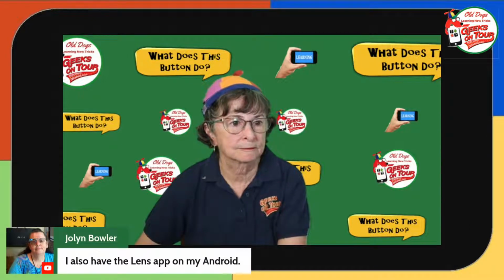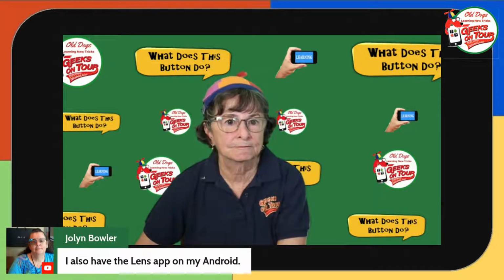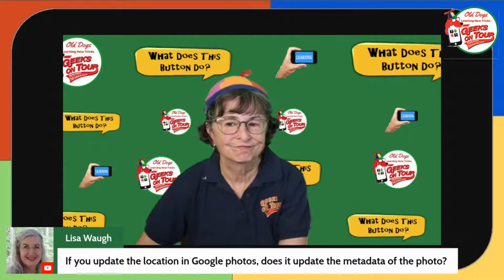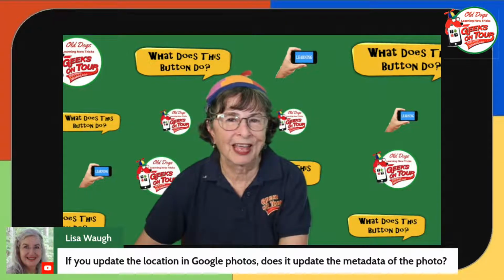Lens on the Android, absolutely. Update location in Google Photos. Does it update the metadata of the photo? No. And that is a drag, but